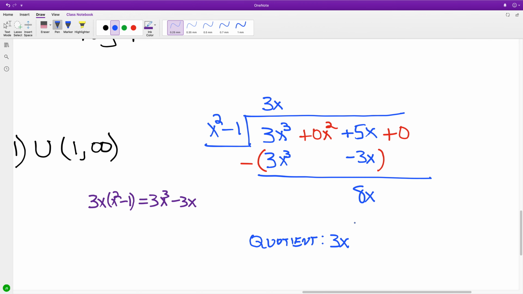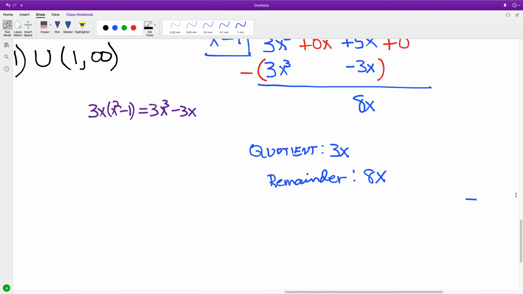And we don't need the remainder, since I cannot take x squared directly into 8x, but your remainder would be 8x. Now the quotient is going to be 3x, and that is going to define the